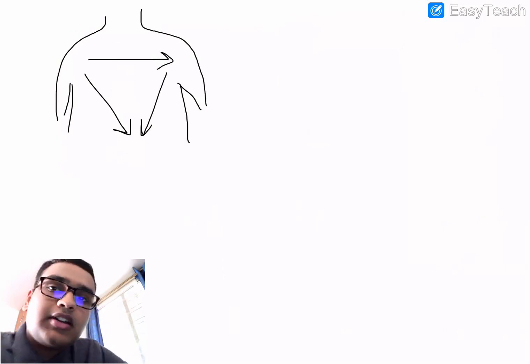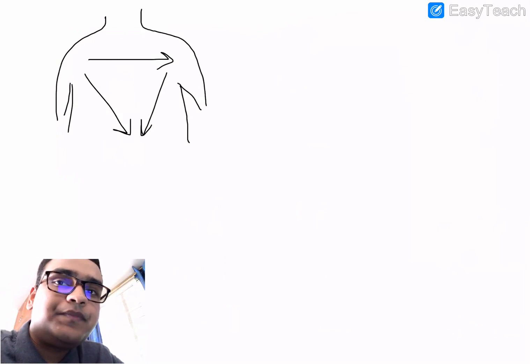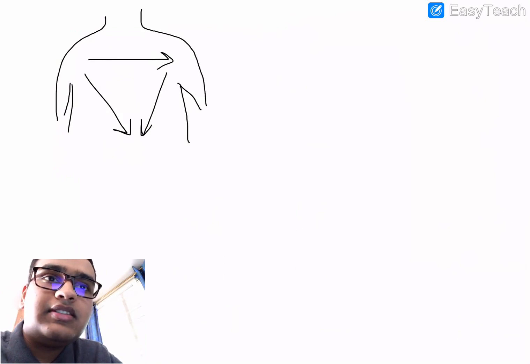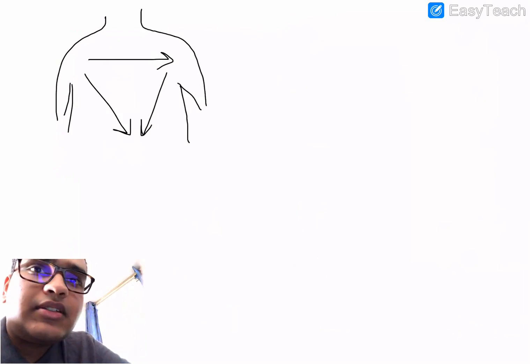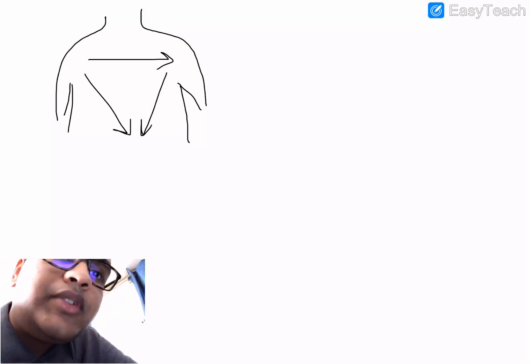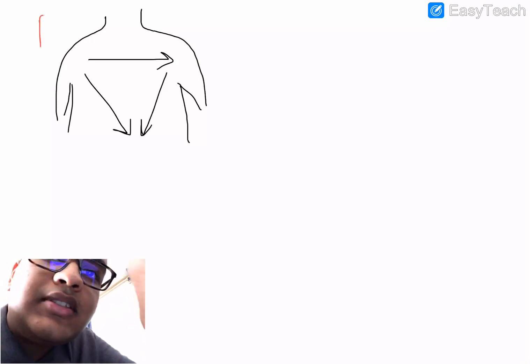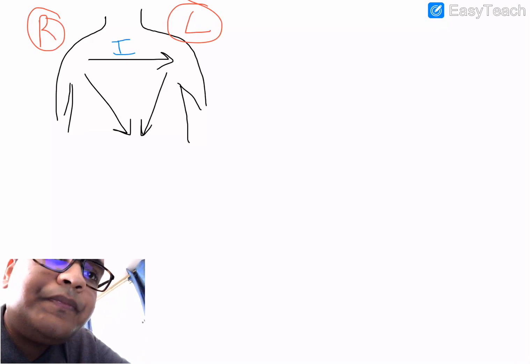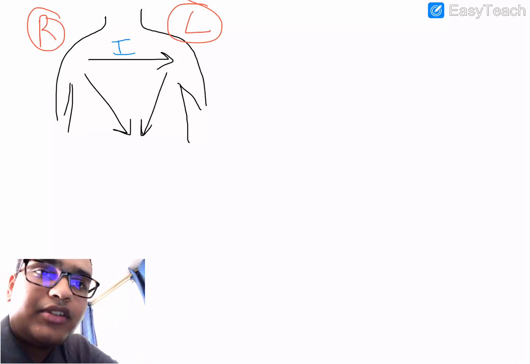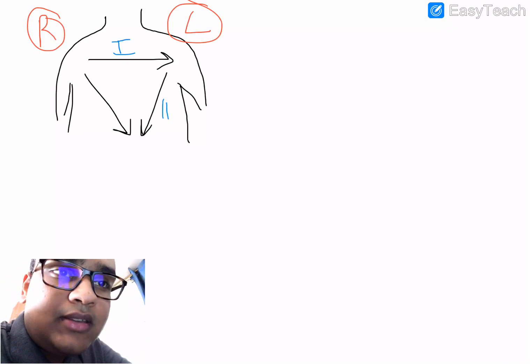Now coming to the most important part, the direction of each lead. This is important because ECG has an axis and there is a direction of current. This is called an electrical vector. So this is important to understand. Here you can see the main leads. Say this is right and this is left. This would be the electrical vector generated for lead 1, this would be lead 3, and this would be lead 2.